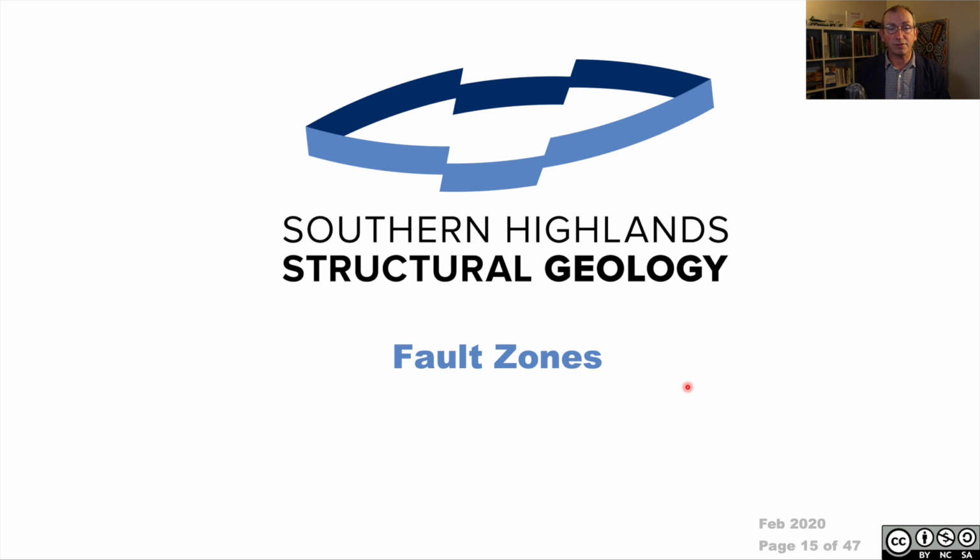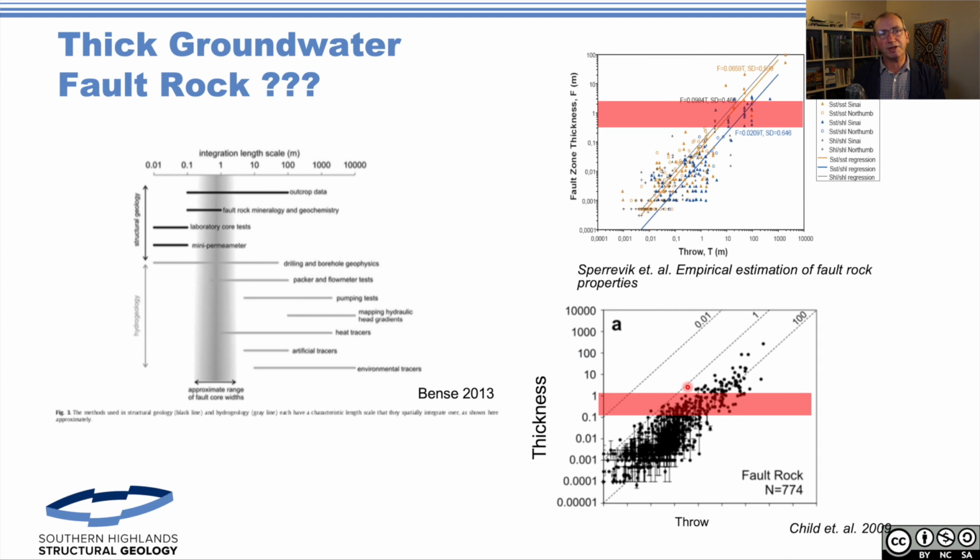So let's have a think about the fault zones. What we're thinking about here is a volume of rock that we're going to look at. Victor Bense has put out a paper about fault zones, and there are some problems here that we need to really get our heads around. He suggests this is the approximate range for a fault core. Now we've got the anatomy of the fault, which is the core and the damage zone, and he describes the different techniques you can use to interact with this in terms of the structural geology and the hydrogeology